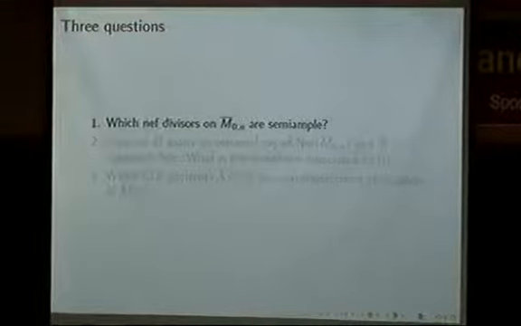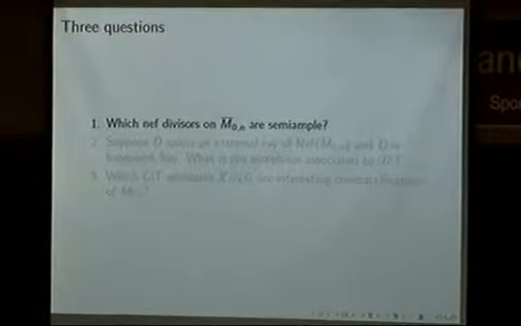So before I tell you what conformal blocks are, I'd like to tell you a little bit about why I'm so excited about them. I'll start out with three questions that interest me regarding the birational geometry of M0n bar. The first question is, which Neff divisors on the moduli space of curves M0n bar